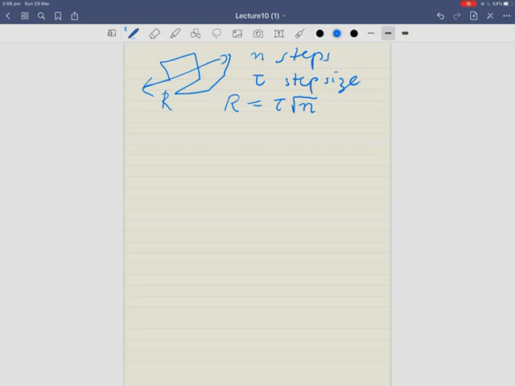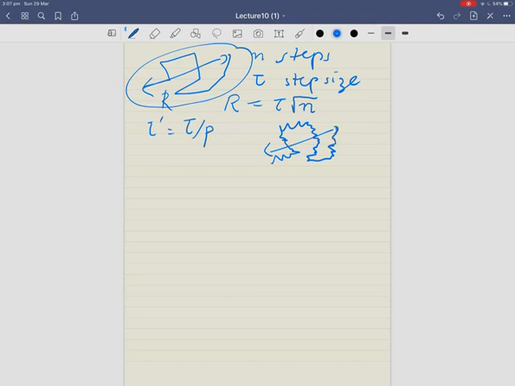Now, let's suppose we took Perrin's experiment, but we didn't measure the step size tau. We looked at it in more detail, and we had a step size tau prime, which is equal to tau divided by p. So we've made it much smaller. I'm going to take this whole random walk and do the same random walk. I'll take a video of it. I can look at it more closely, and I will find it looks like this, with many more steps, arriving back, of course, at the same place. Each of these steps is now of size tau prime, which is tau on p.